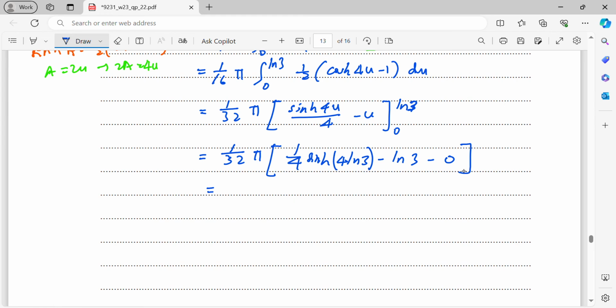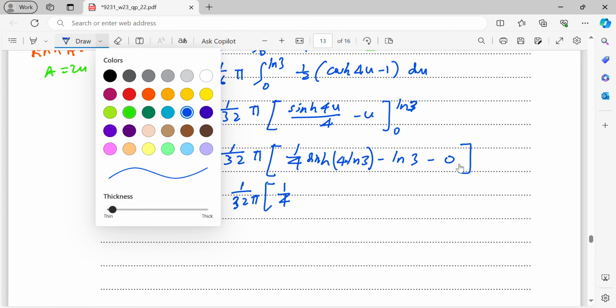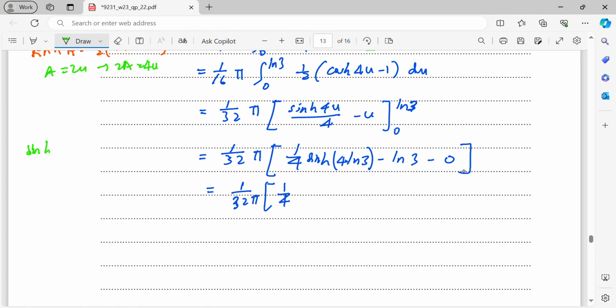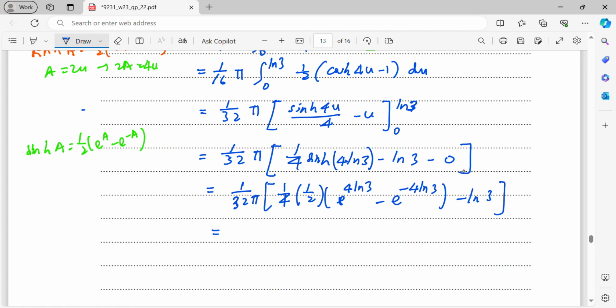Now here it will be 1 over 32 pi times 1 over 4. Remember just now, sinh A is half of e^A minus e^(-A). So here it's going to be half of e^(4 ln 3) minus e^(-4 ln 3), then minus another ln 3. So here you will be getting,